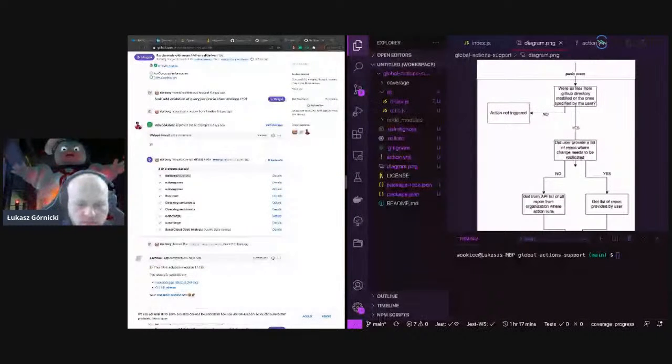And because of this, the action started failing, I think, because of some specific Node version. The only possible fix was to fix the version and then release a new version of the workflow,